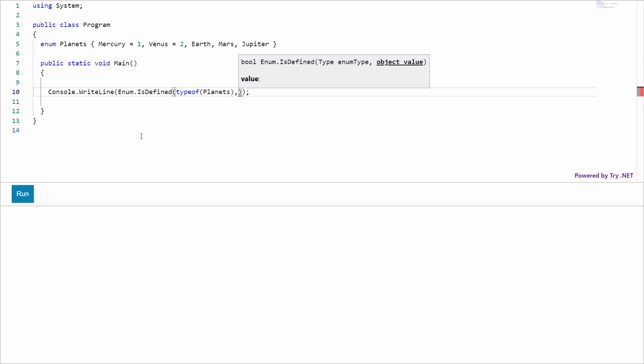Another is a value or name of enum type. This typeof keyword is used to get the underlying type, used by the C# compiler during runtime.